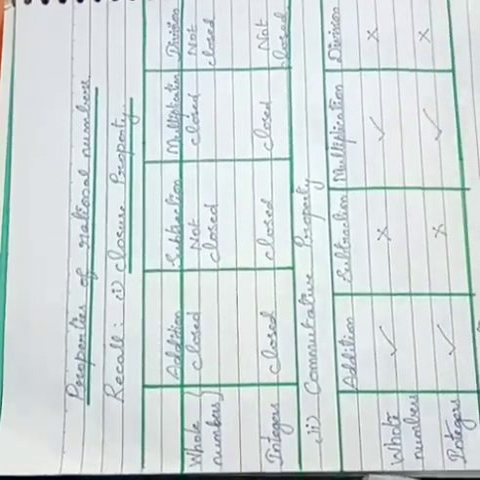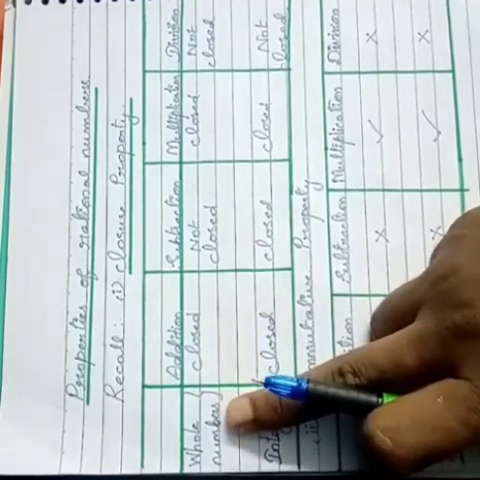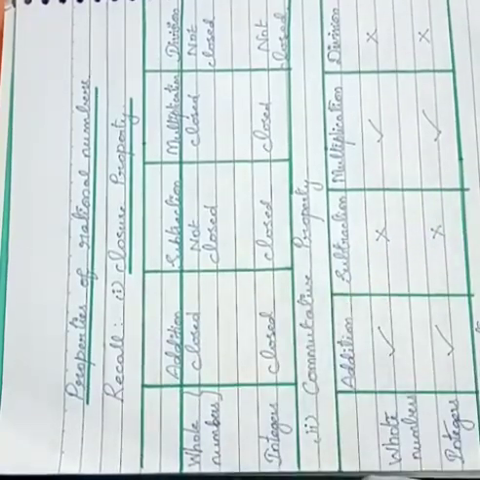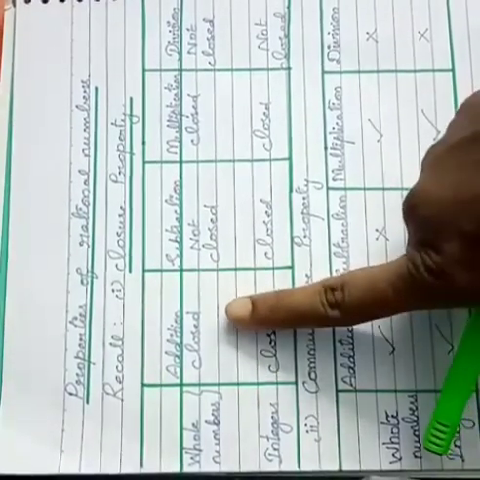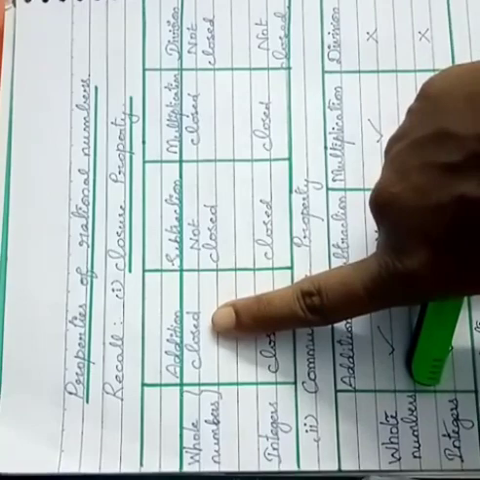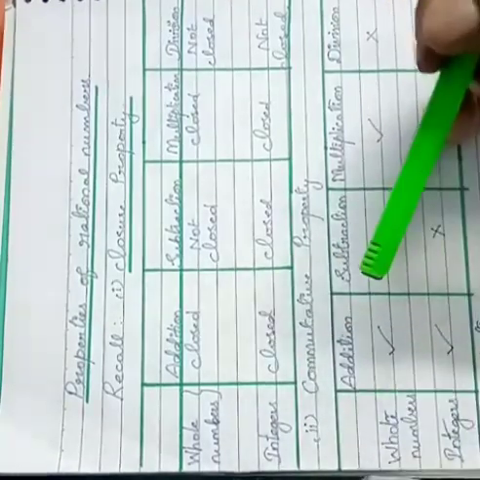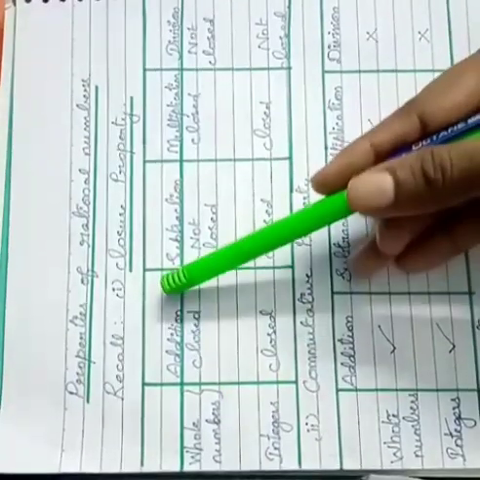When you consider two elements A and B, if the addition of A and B again belongs to whole number, then it is said to be closed. When you consider two numbers A and B, if the addition is not belonging to the set, then it is not closed. So, whenever you consider any two numbers in whole numbers, when you add, you again get a whole number. So, whole number is closed under addition.